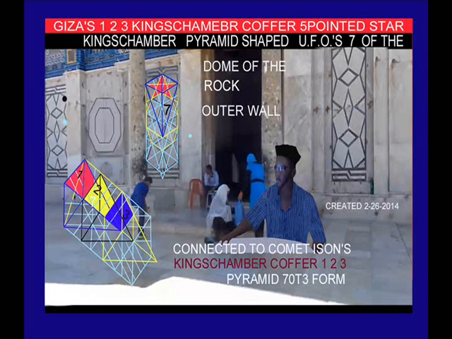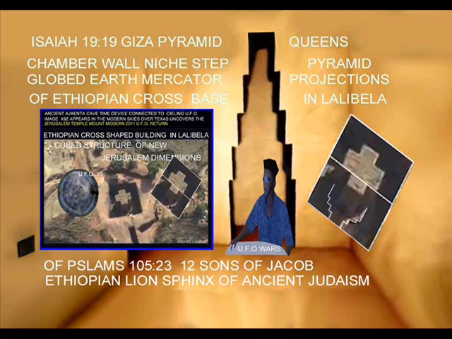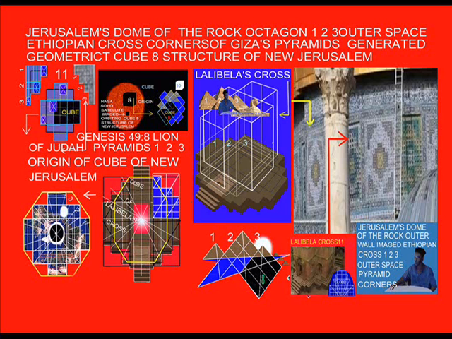Okay, so when we look at this, we see the 101 Islamic Aramaic name of Allah being generated from the 21 gates that you walk to gain access up onto the octagonal building of the Dome of the Rock platform. So the name of Allah on a white blank sheet of paper appeared as 5 U's connected to one another, like a big U in the center and another small U, and then the rest is small U's to the left and right. So when you look at the 21 gates you must walk to gain access up onto the